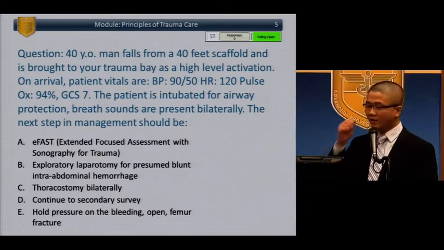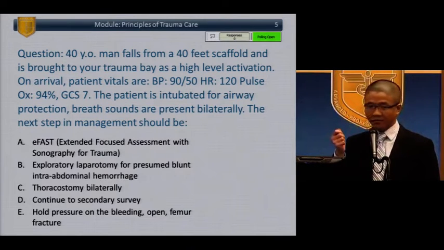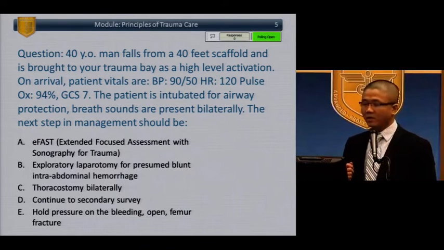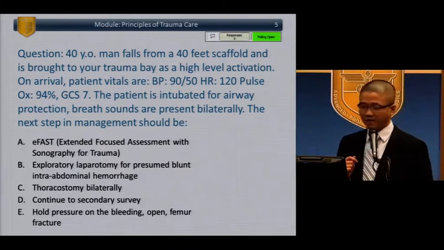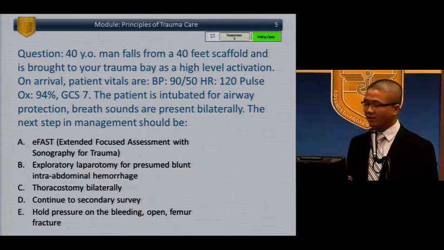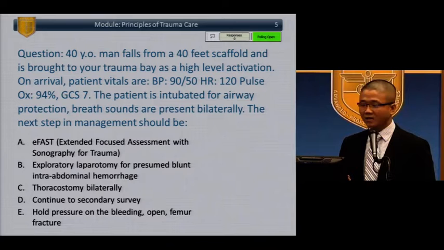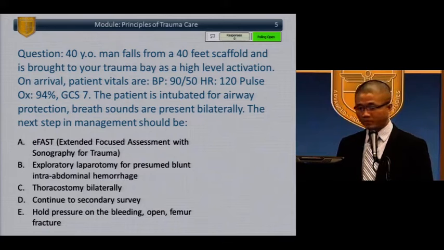So principles of trauma. Let's start with the case scenario. You all have your little clickers available. The question is this. This is a 40-year-old man who falls from a 40-foot scaffold and is brought to your trauma bay as a high-level activation, whatever that might be at your hospital. On arrival, the patient's vital signs are blood pressure 90/50, pulse of 120, oxygen sats at 94%, and a Glasgow Coma Scale of 7. This patient is intubated for airway protection. Breath sounds are present bilaterally. The next step in management should be